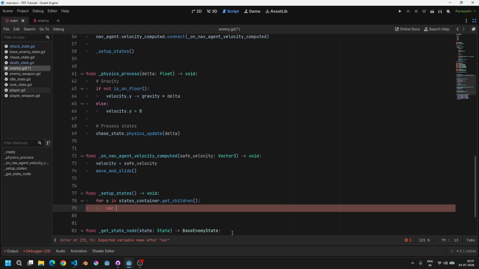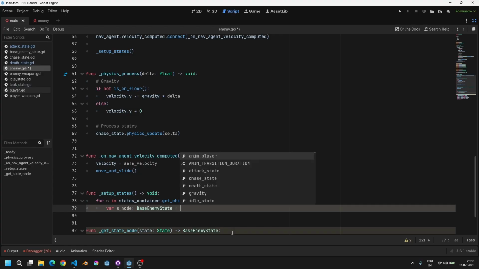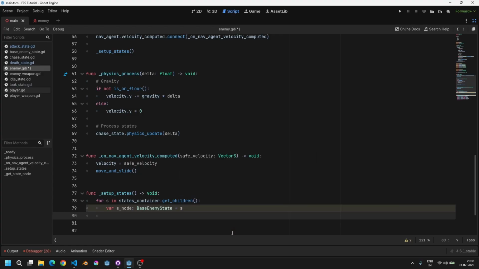Let's add a type just so that it's easier to see methods and all. Let's say s node base enemy state equals s,